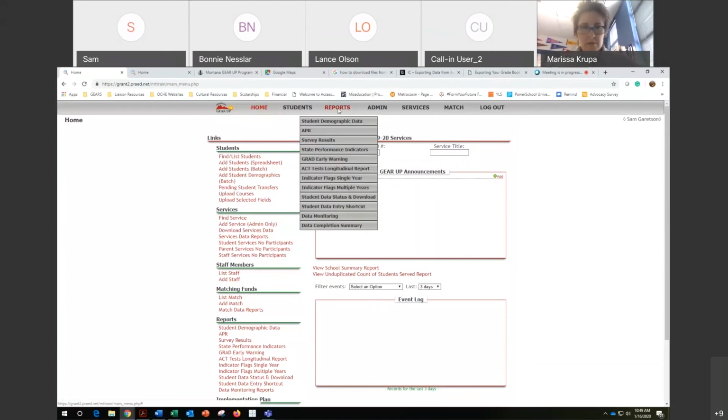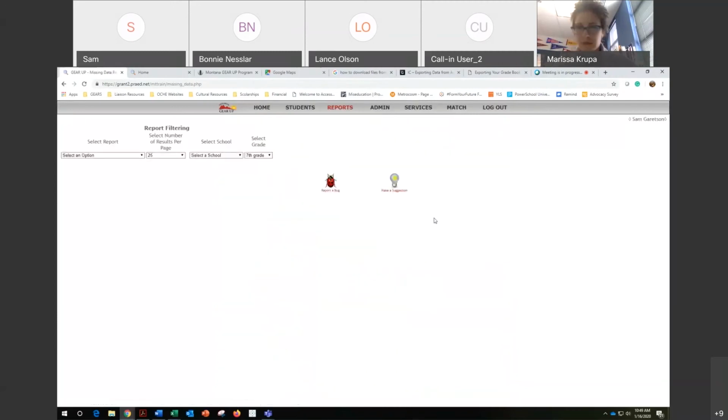So if you're following with me here, under reports at the top, right underneath where we did our initial Excel download of our files is the student data entry shortcut. This is a very powerful website or link